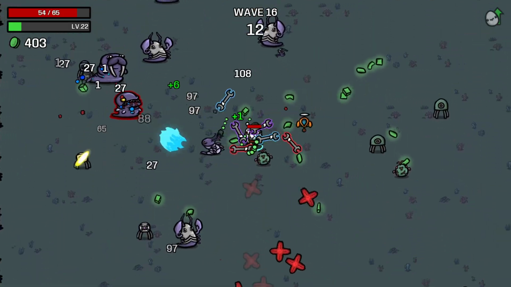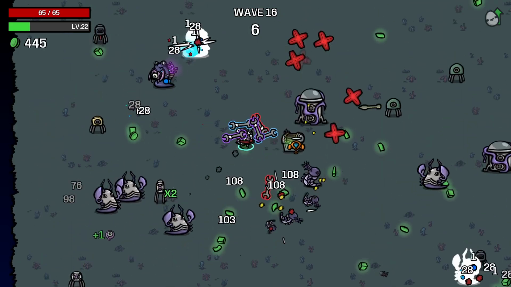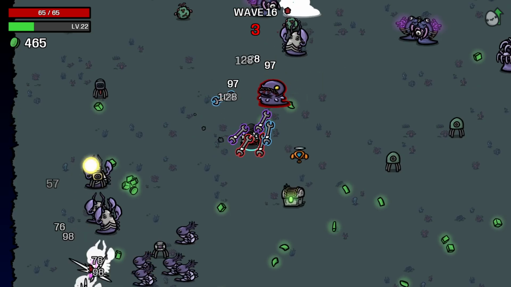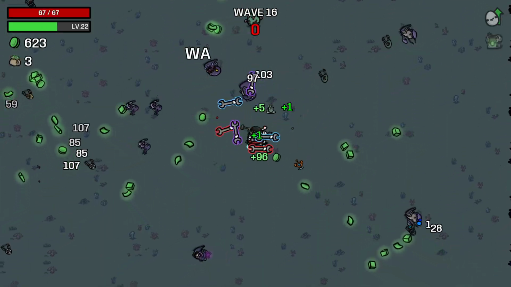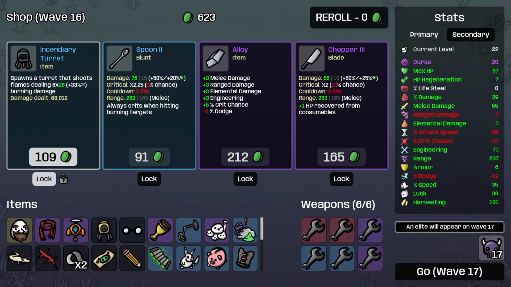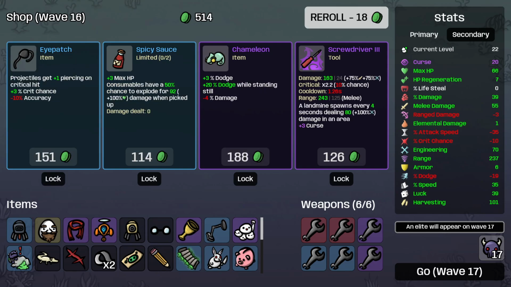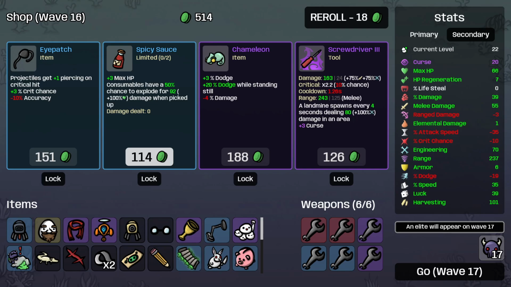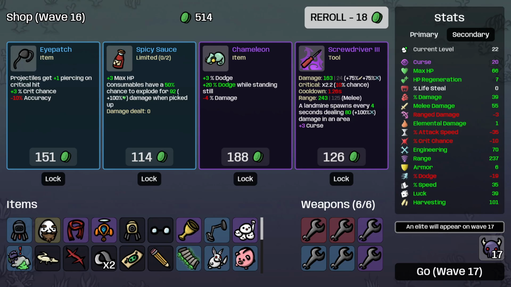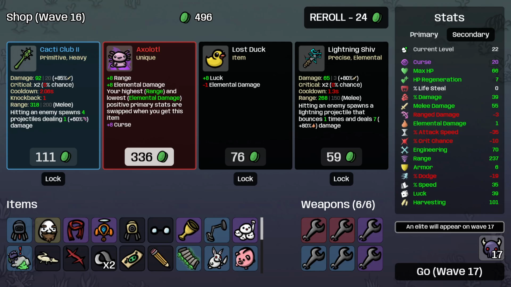Hey, we're still getting stacks here and there. Got another one. Big range. That is probably not worth $200. Yeah, at this point everything's pretty expensive, so I need to only buy the essentials. I could switch my 200 range